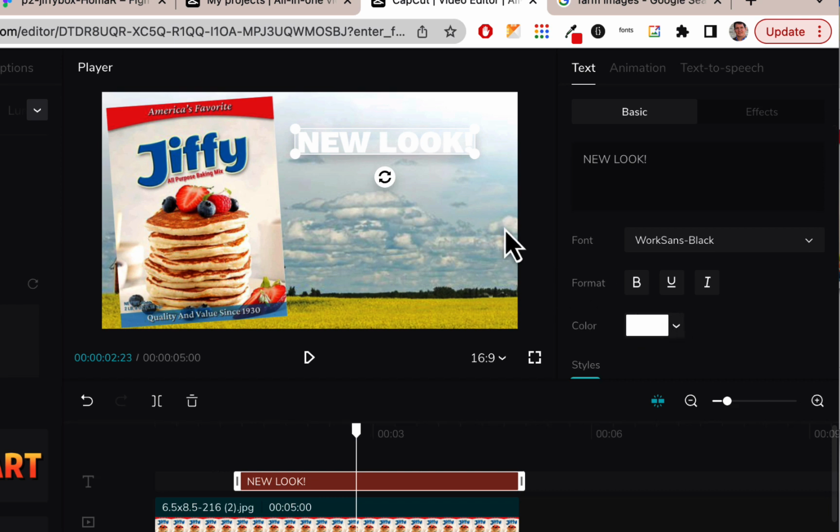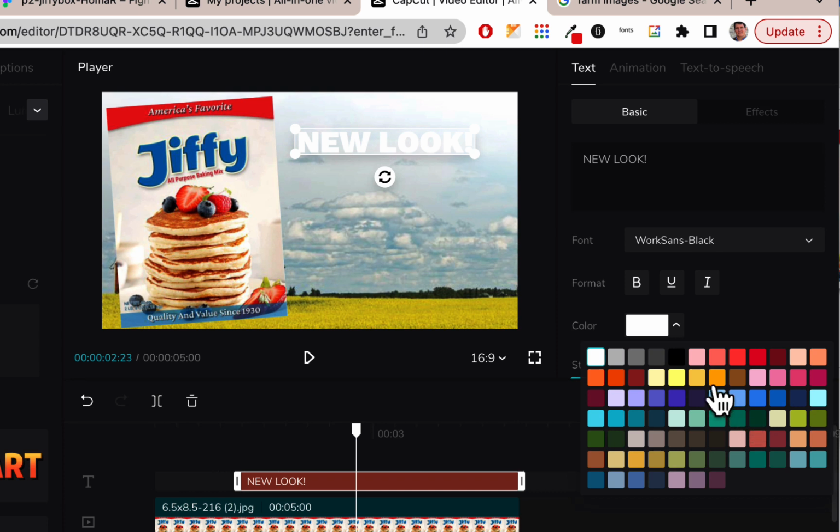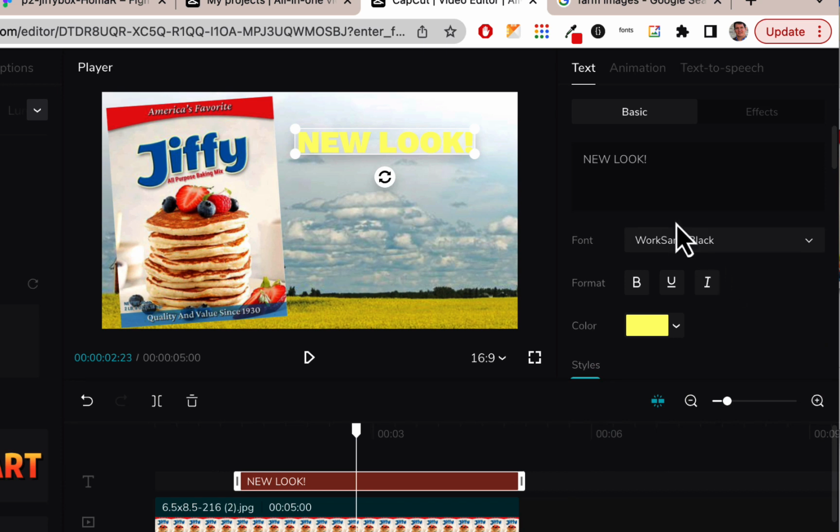Let me put it in a... I used the yellow before, but this background's a little lighter. Let me try yellow and see how that looks. It might be too light. Now I'd have to use an outline and a shadow on it, but it kind of matches that down there. I'll see how it looks. I'll try that, and to make it a little bigger,